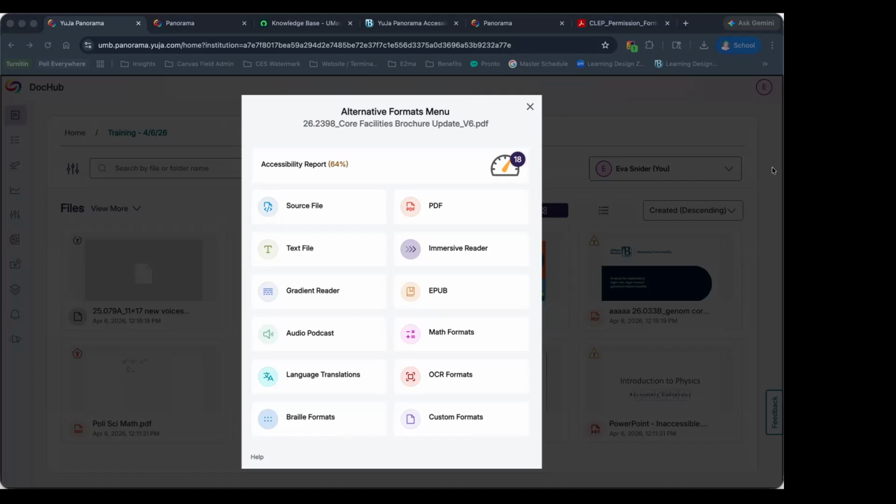At the end of the day, the WCAG standards are what is legally mandated. So the WCAG 2.1 standards, based on the ADA Title II rule, are what our documents and content need to meet. Yuja Panorama, Adobe Acrobat, everything else is using WCAG standards as its basis to help determine and identify issues. But at the end of the day, we are not responsible to Yuja, to Adobe.